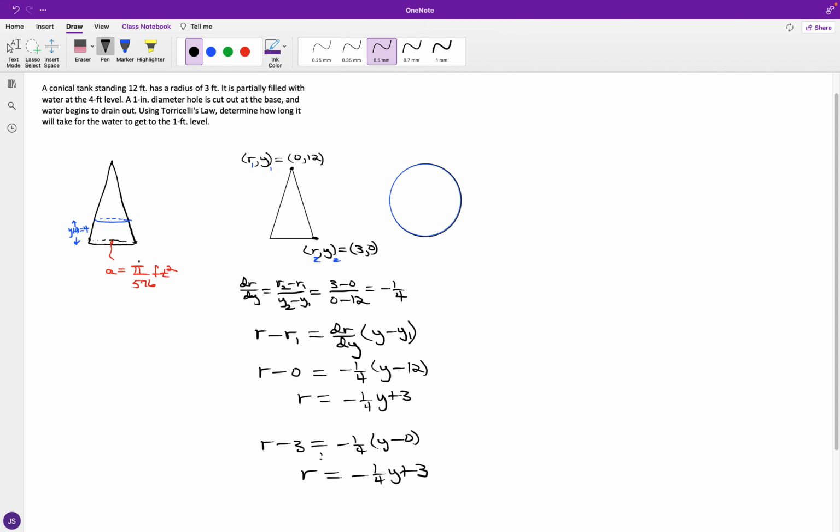And if you notice, if you were to go from top to bottom, and again you had that hole right in the middle, and you got, let's say, the tip of the cone itself, but as you're going from the top and getting closer to the base, you're going to have the edge of the water contouring the conical tank itself. And for the cross-sectional area, again, you have the imagery to be circular, so we're going to be applying circular area. So for A of y, we're looking at pi times the square of negative 1/4 of y plus 3